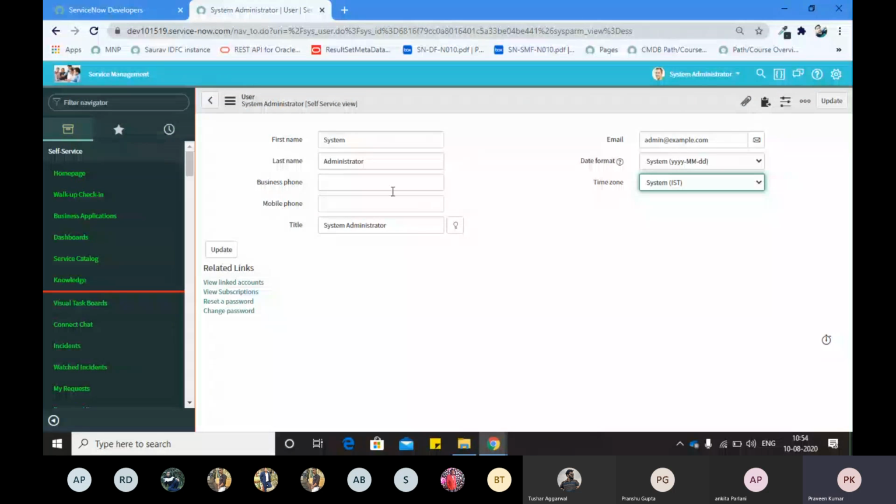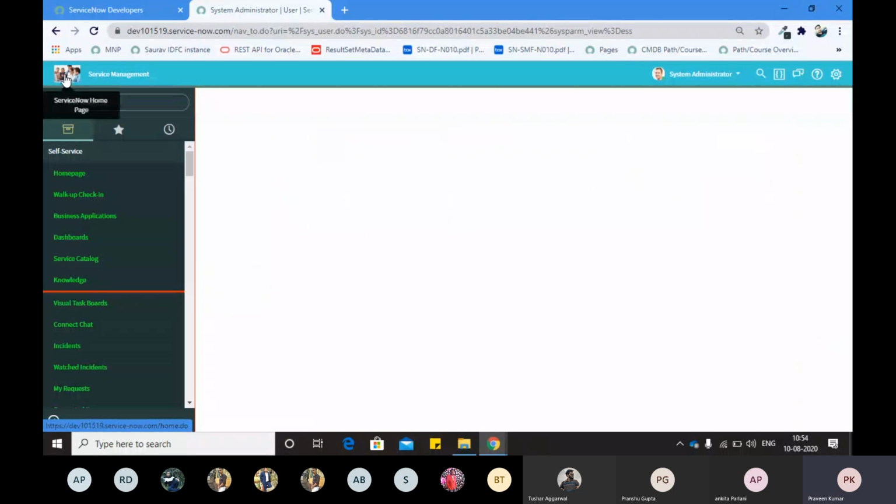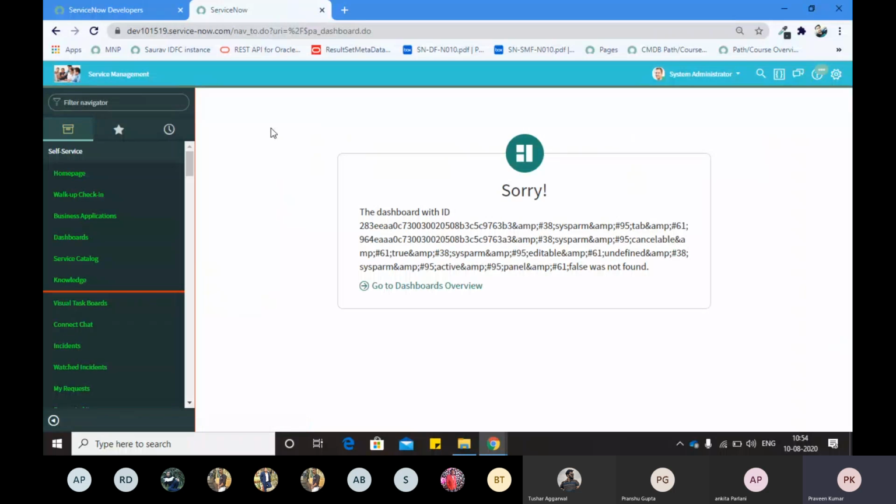If I want to configure more advanced things about any user, I will let you know how to navigate towards that. Now we were at the profile. Again, see, I will click here on this icon. It will try to take me towards the home page, my home page again, right? We just saw what the profile is.